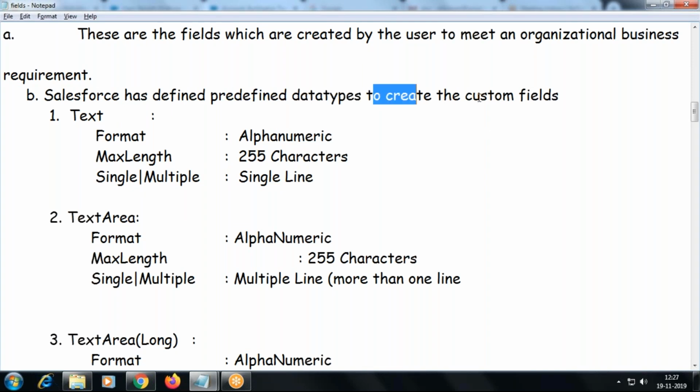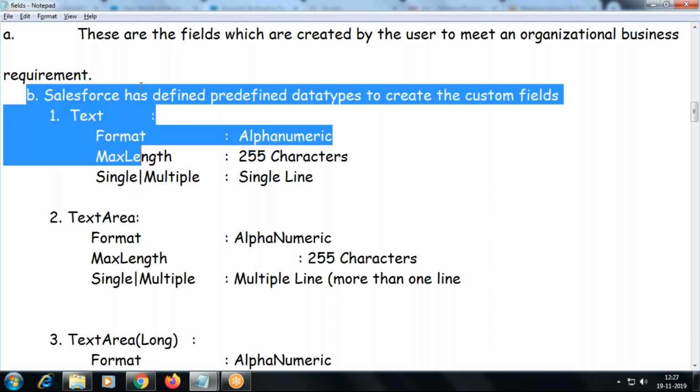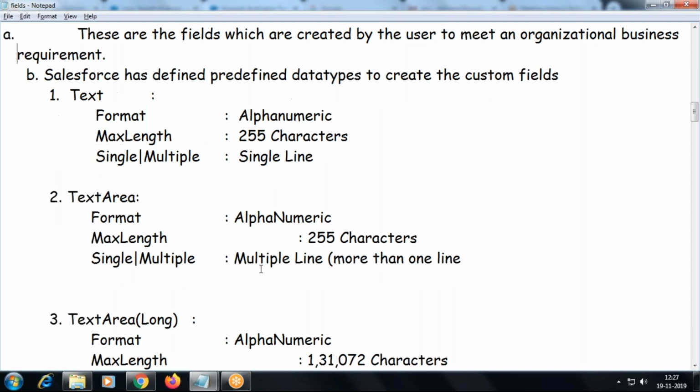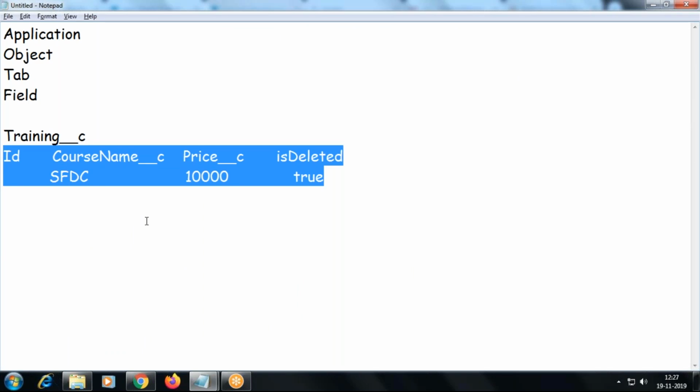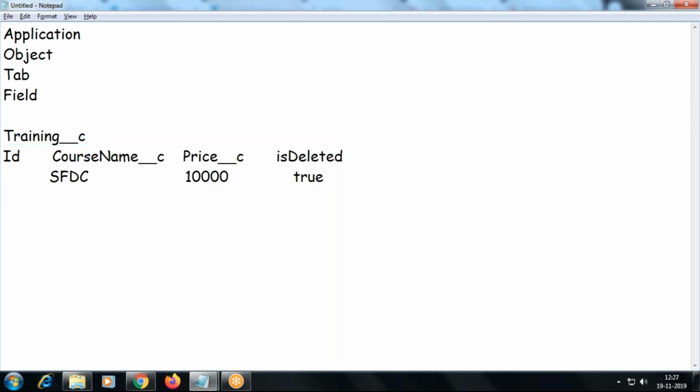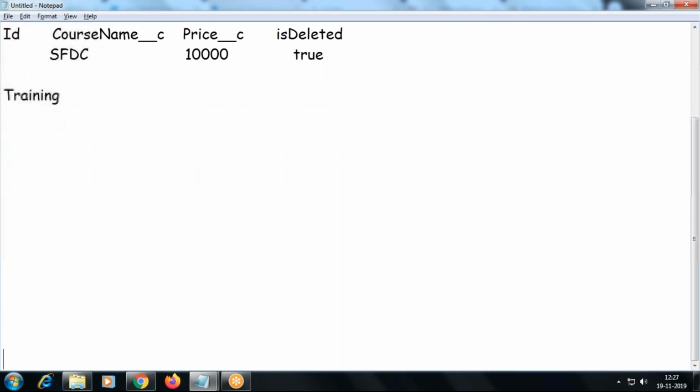Now we are going to see what the custom fields are. Creating fields, maybe we'll take it tomorrow. We'll see the types of field. When I say type of field, any guess what fields I can create in the training?